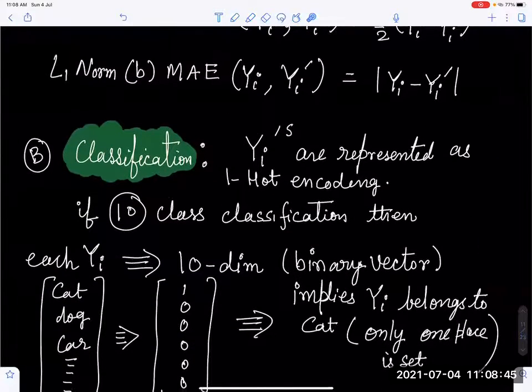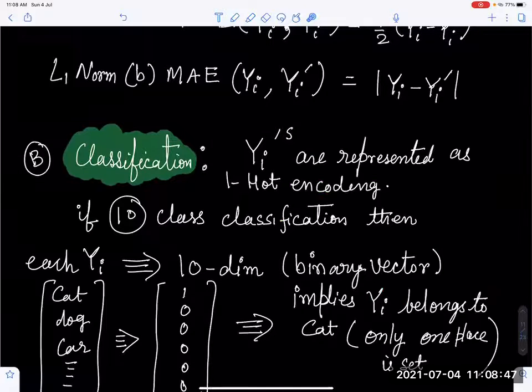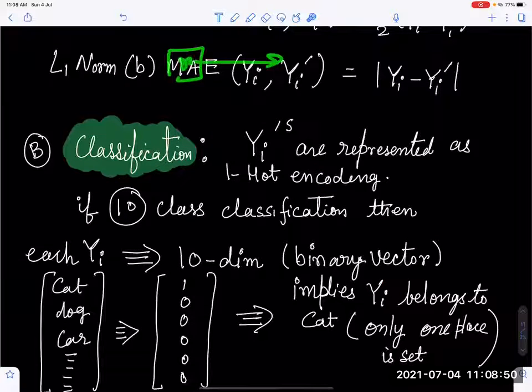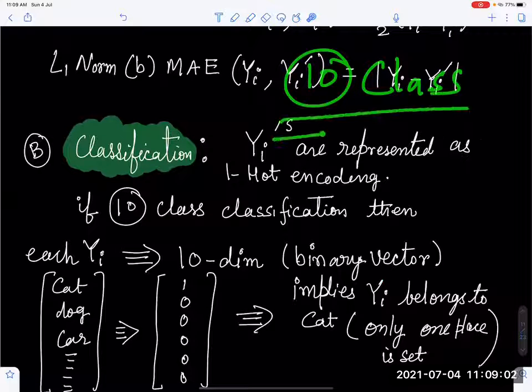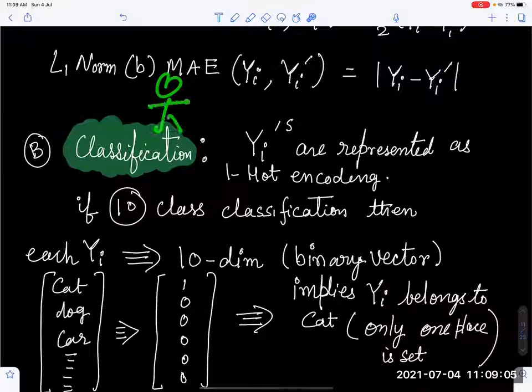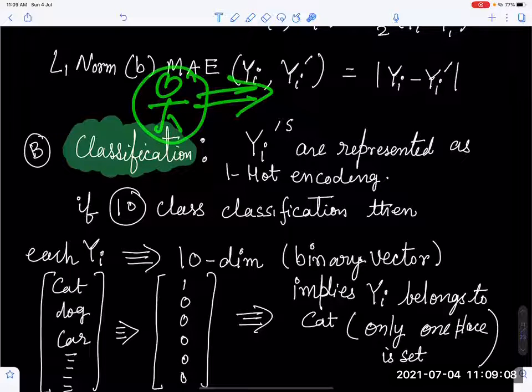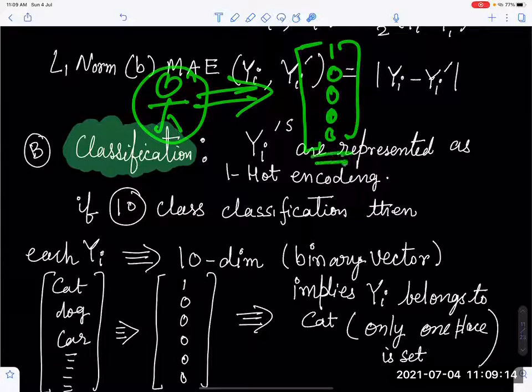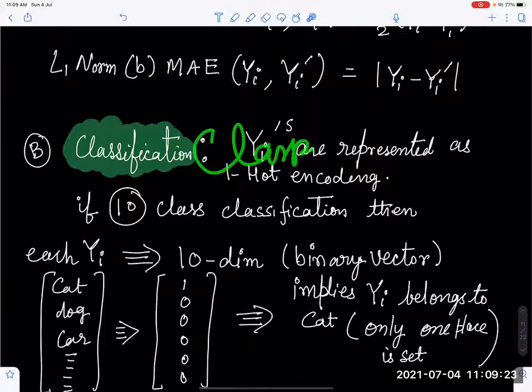Yes. So for regression, the ground truth is very simple: for this data, this is the ground truth, and for this x, this is the y. For classification, how can you fix what is going to be the ground truth? Suppose I have 10 classes. Then this data belongs to class 1 or class 2 or class 10. I will say 1, 0, 0, 0, 0 and so on, nine 0s, and the first thing is 1. This represents class number 1. Class number 2 is 0, 1 and all other things are 0.